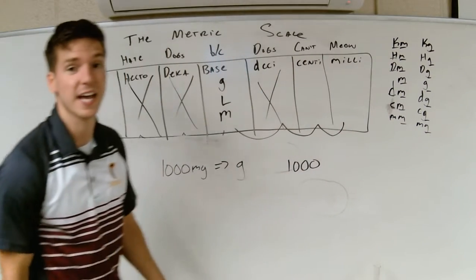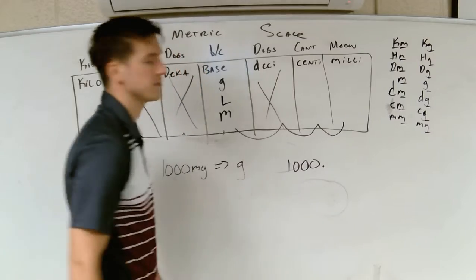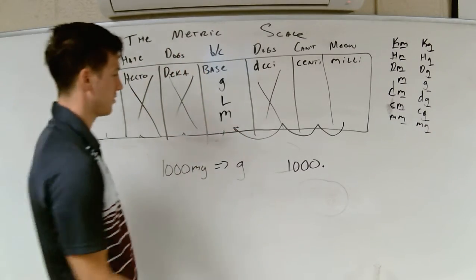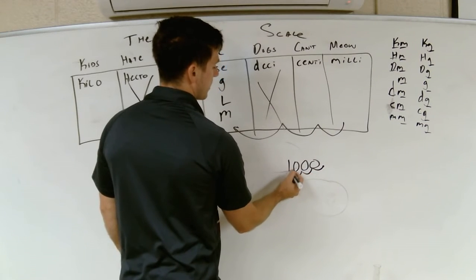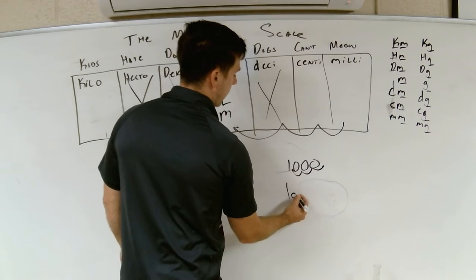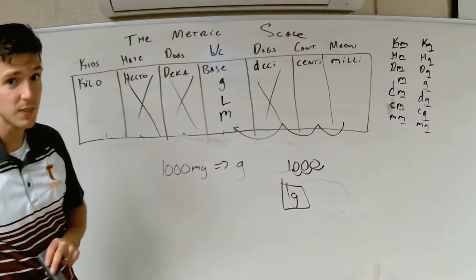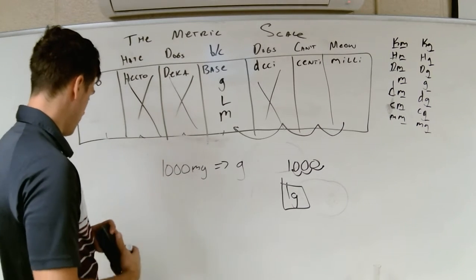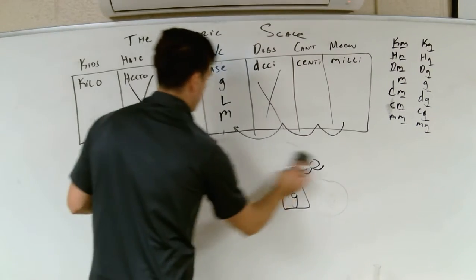So if we look at 1,000, the decimal is right here. And remember, we did 3 jumps to the left, so our decimal is going to go 1, 2, 3 jumps to the left, meaning we now have the number 1. So there is 1 gram in 1,000 milligrams. Let's do another. Let's go from